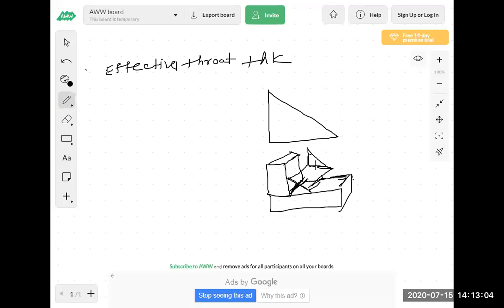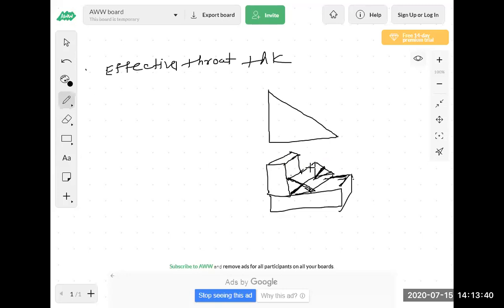So this thickness is the throat thickness.